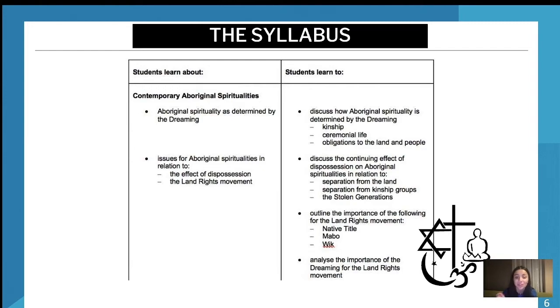They will take questions word for word. In my trials, our 5 marker was: discuss how Aboriginal spirituality is determined by the dreaming. So then naturally you're going to bring up the 3 dash points. But they've done the same for discuss the continuing effect of dispossession, and it's the 3 dot points, or outline the importance of native title. And the questions are so predictable in SOR, guys. There's not many syllabuses that are like this, that they just take the questions so directly and it's almost to the point that you can guess.